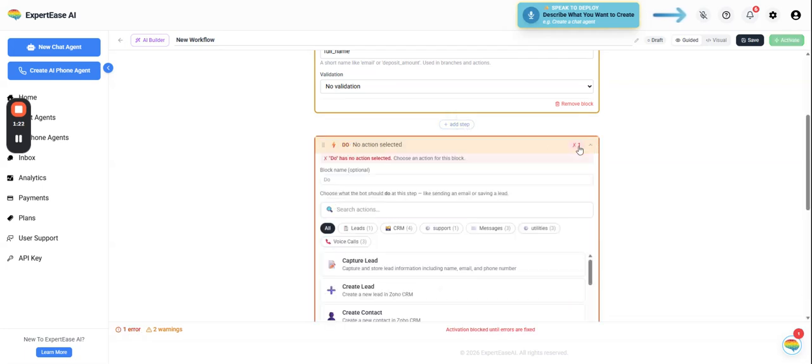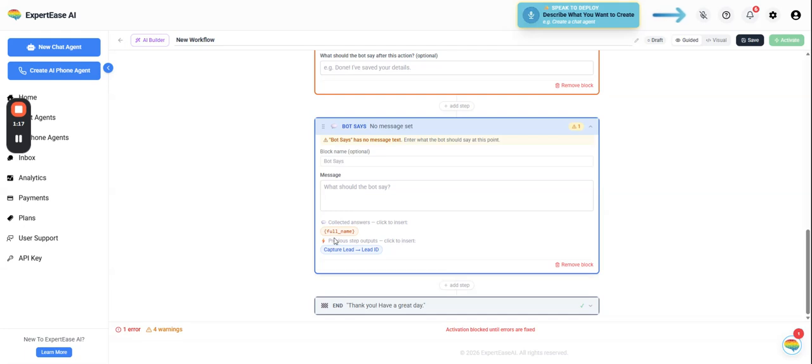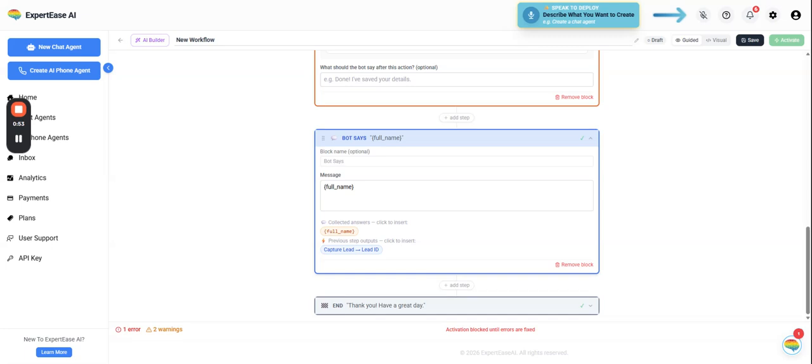Same goes for action things. Let's say if you captured a certain lead and you want to access the lead ID later on. So as you go down the workflow, you'll have certain variables accessible for you. Some of them would be the ones that you've already collected. Some of them would be the ones that you've basically gotten through your actions. And if you want to access them, you can basically access them by just clicking on these certain variable names,